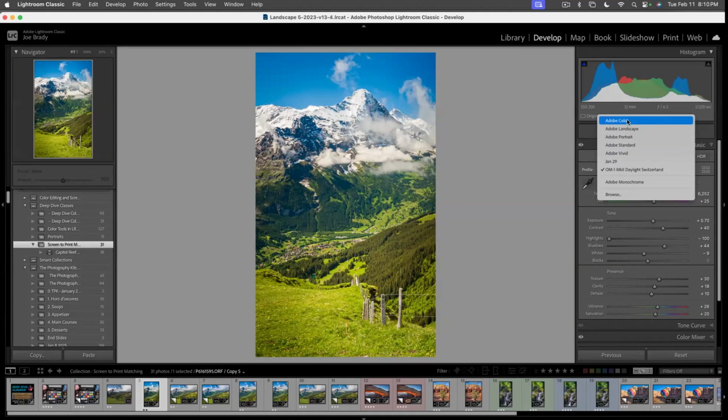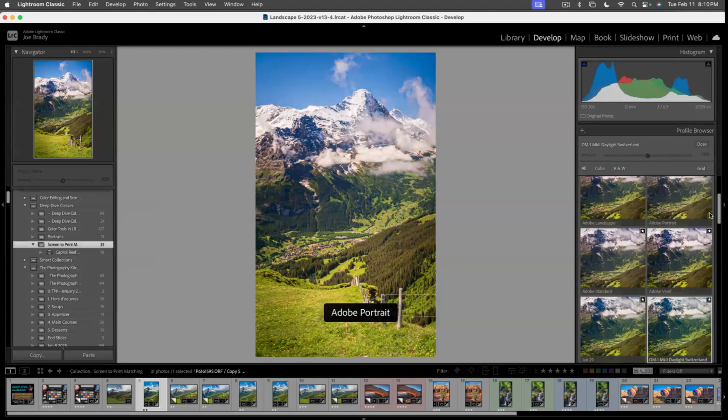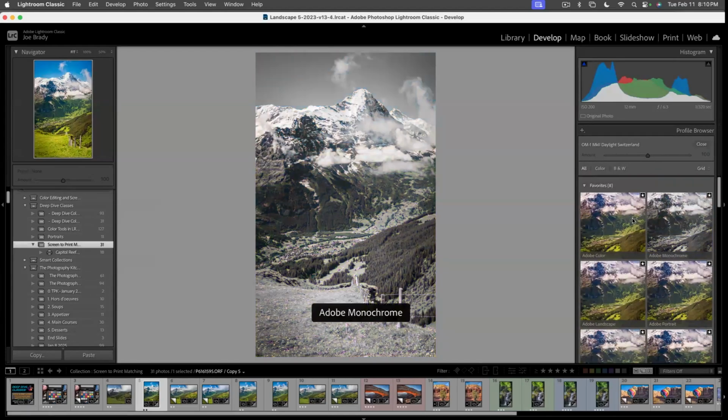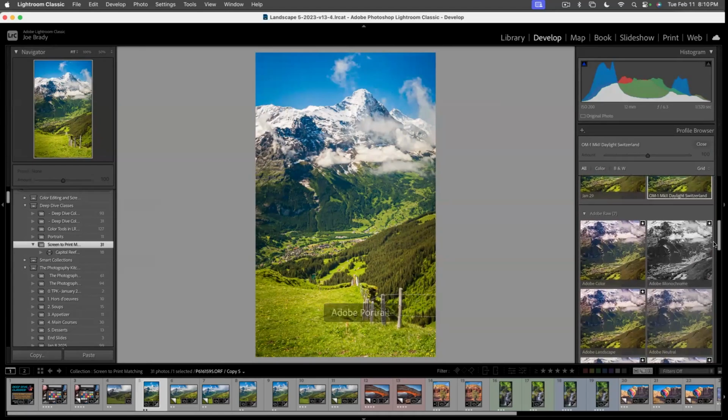The problem is every one of them without fail is kind of gaudy. I really don't like any of them. You could try monochrome, but if you create a new profile, you need to click on Browse, and that will show you all of the ones that they give you. And then as you scroll down,